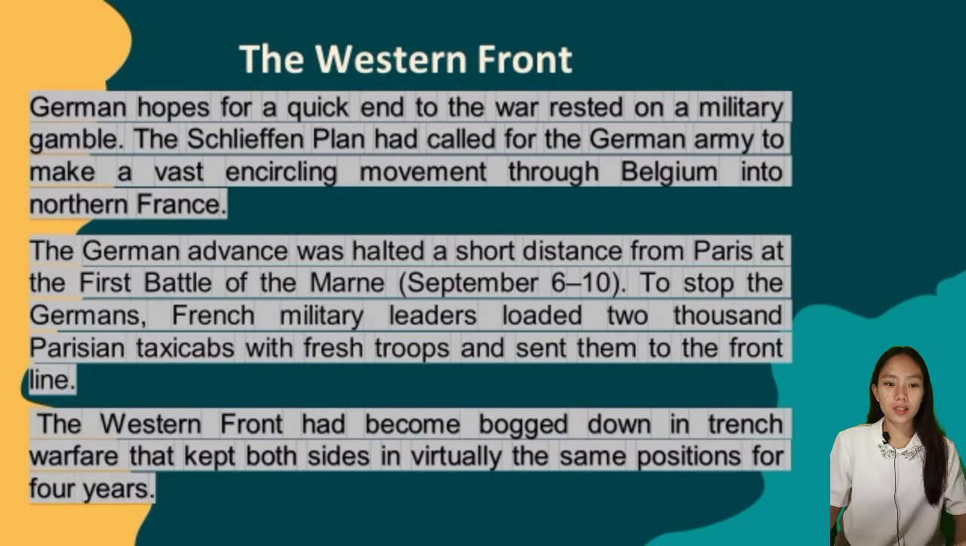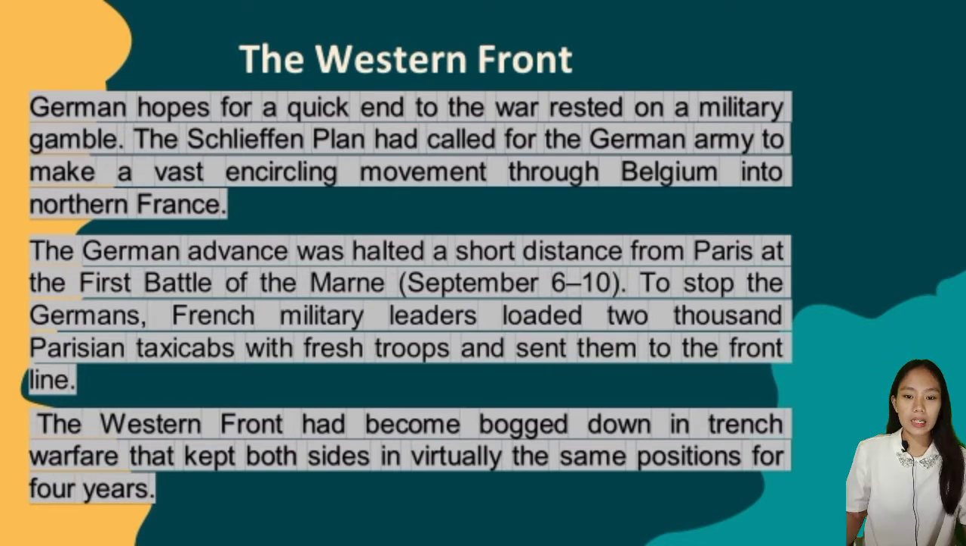Western Front. Germany's hopes for a quick end to the war rested on a military gamble. The Schlieffen Plan had called for a German army to make a vast encircling movement through Belgium into northern France. According to the plan, the German forces would sweep around Paris. This would enable them to surround most of the French army. The German advance was halted a short distance from Paris at the First Battle of the Marne on September 6